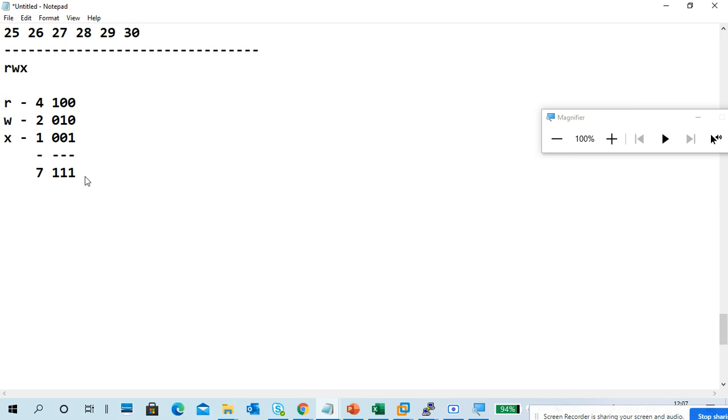Of course, you have permissions user wise, group wise, and other user wise. User, group, and others. So read means 4, write means 2, X means 1.